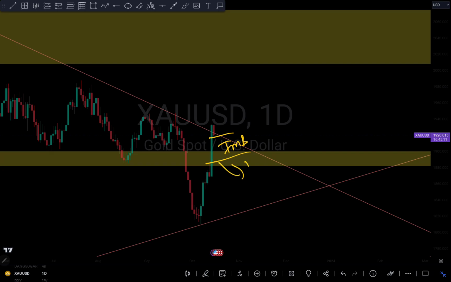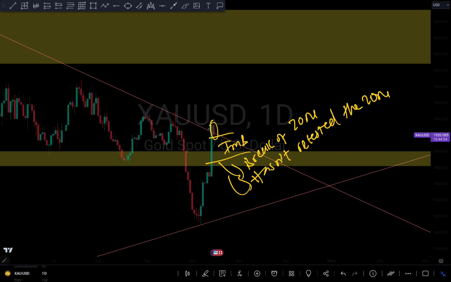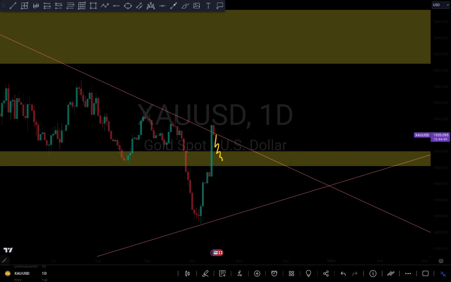There is this break of zone as well. Break of zone, broke the zone, closed there, and it hasn't retested the zone as well. So now that we are seeing more of a bearish run, there's a possibility that we might actually drop to around that area right here, and this is where my horizontal ray comes into place. I told you I use horizontal ray, so this is a place for me to be able to